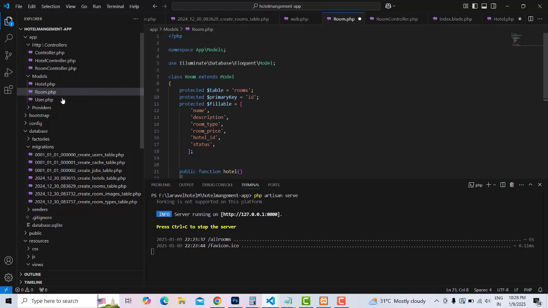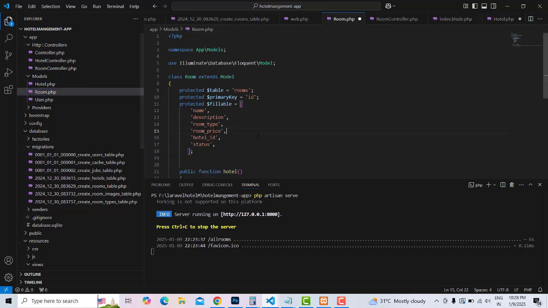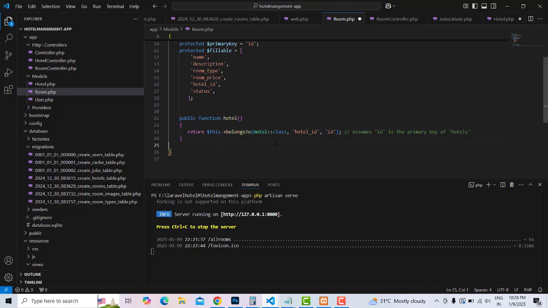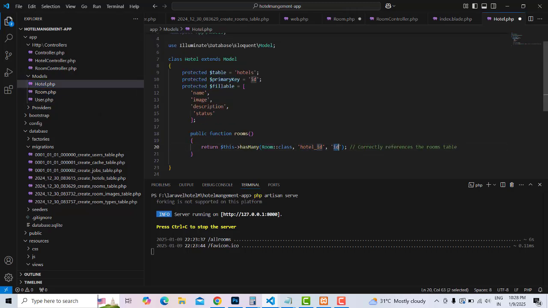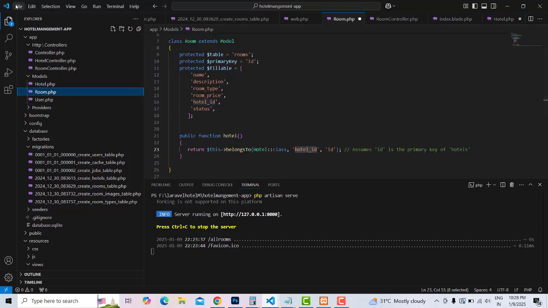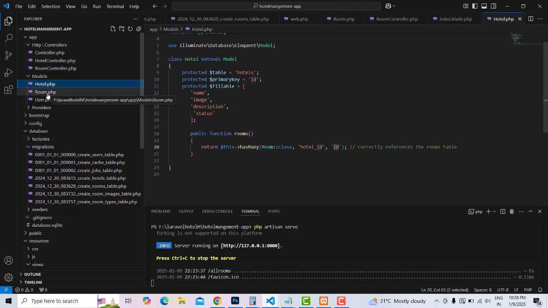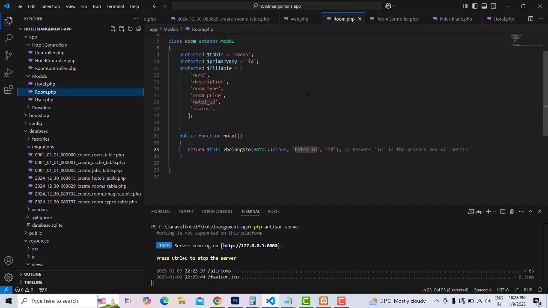So here one hotel has many rooms. The hotel is one hotel which consists of many rooms. The many side comes to the hotel, the one side comes to the room. This is a must. To associate the relationship, we have to use the foreign key. Simple. You have to implement the relationship of primary key and foreign key between the hotel and hotel rooms. After that, the other thing I'm going to do is we have to